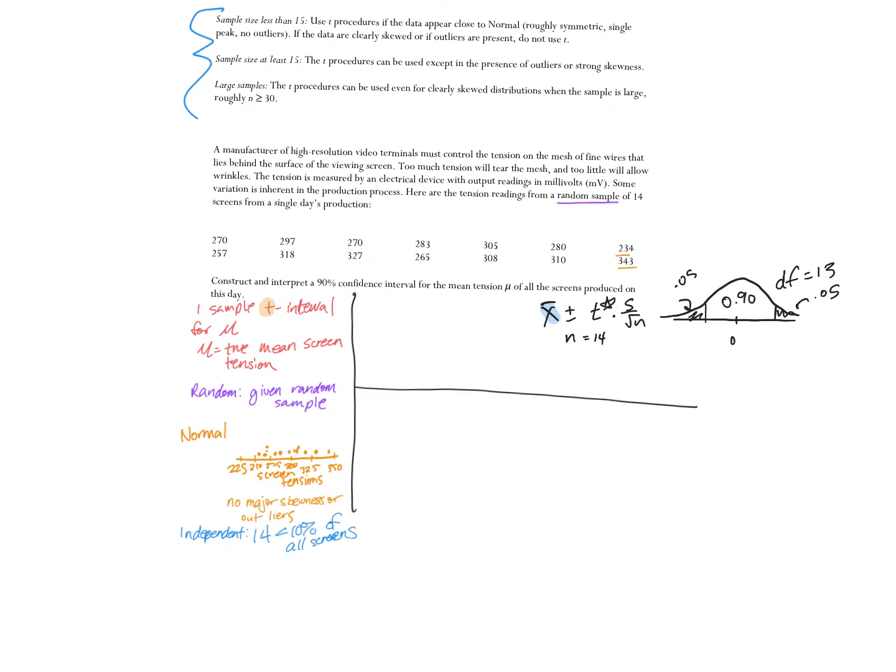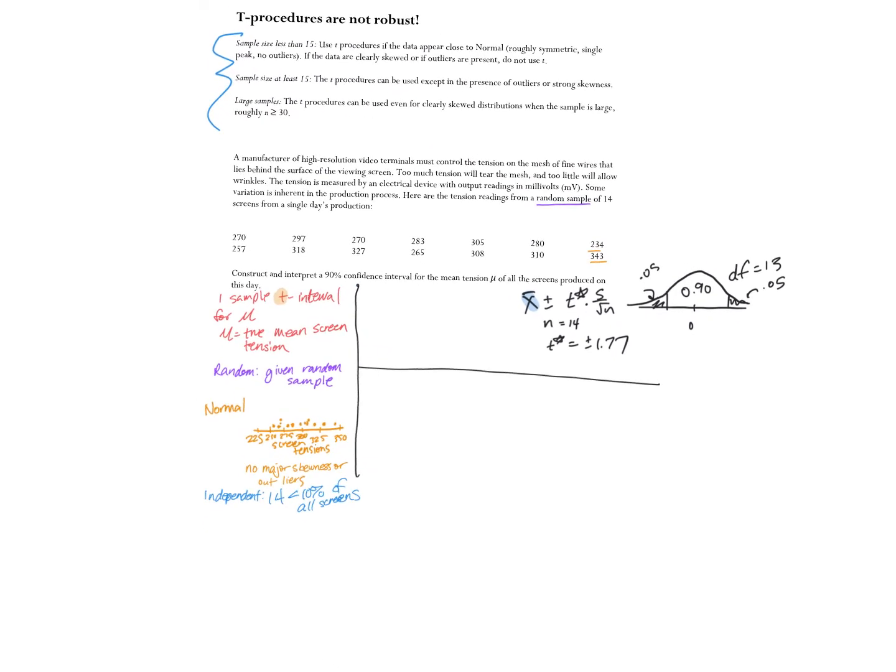Or plus or minus, but that's kind of... That t star equals plus or minus 1.77. Sweet. Okay? All right. So now, the other pieces of information we need are, we need to find the mean